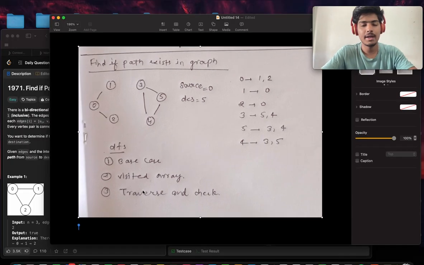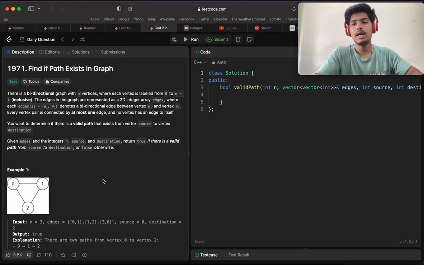Now let's see the code, and by using the code we will see the approach for this problem. So what we will do,